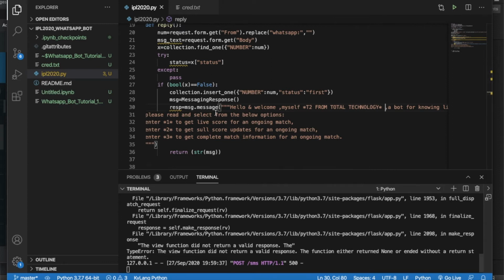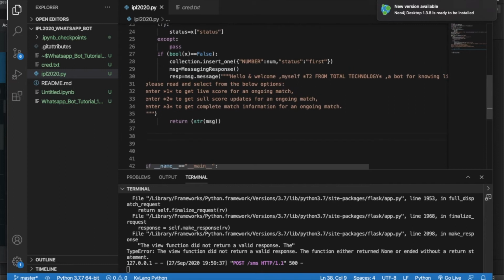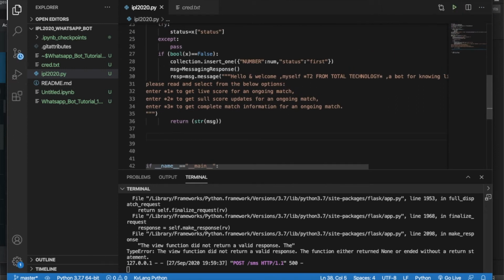Why am I getting an error? Because for the else condition I have no return, so that is why I am getting an error. Once everything is done, you have to create a return statement for your else condition as well. You are always expected to use some sort of else statement, or else this is really going to be difficult.